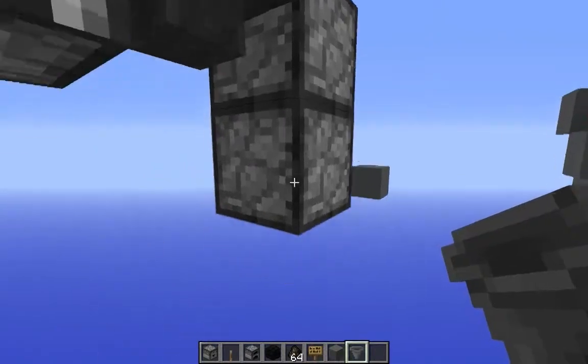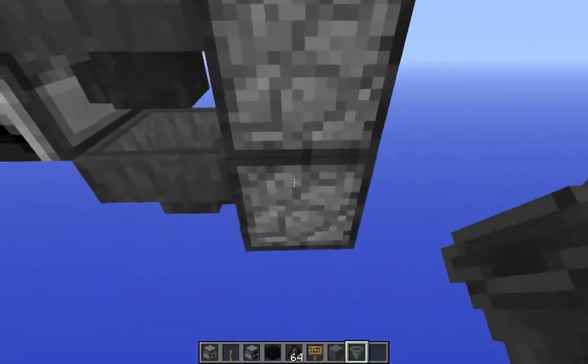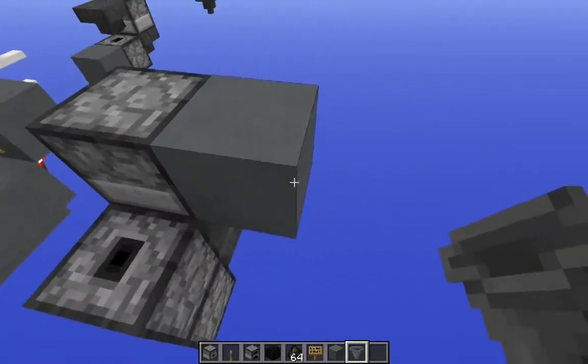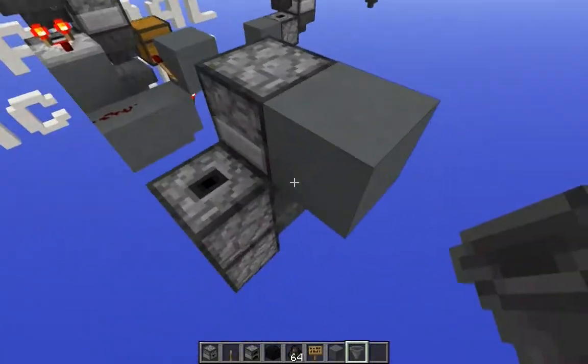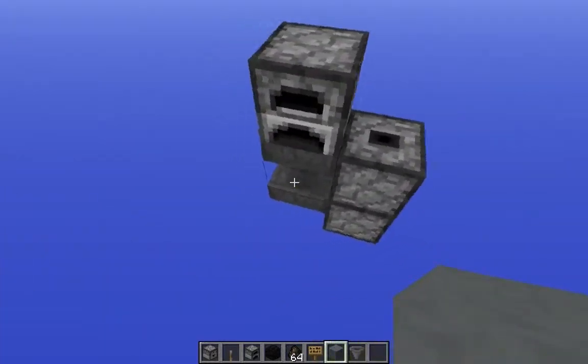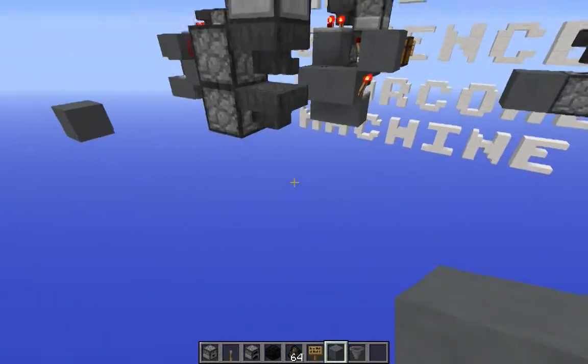And then we want this hopper to face into this dropper down here. Have two droppers facing up, and this is going to be the same as over there. This block I don't think needs to be there. So what we're going to do from here